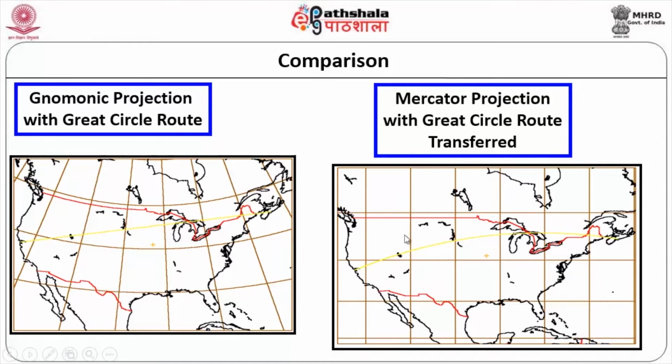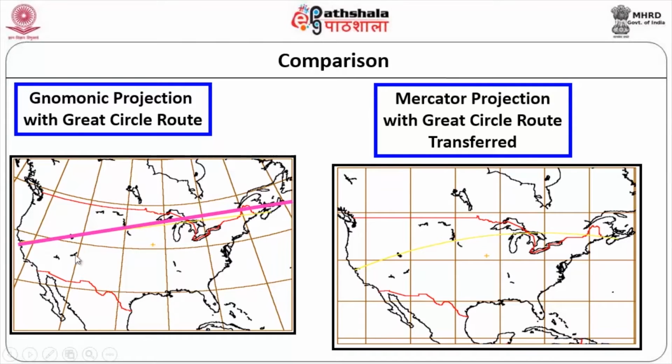So, you see here, in gnomonic projection this will be the route and in Mercator projection this will be the route. In both cases it may appear similar, but you can see this distance is slightly higher when compared to this distance. So, you have to bear that in mind. You see here, this is more evident, isn't it? This is slightly more than this one. This is how you compare and work on the data.